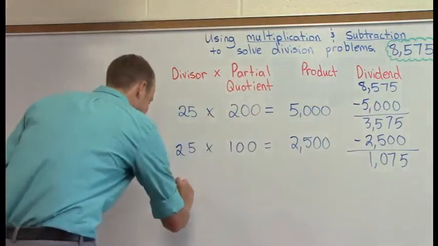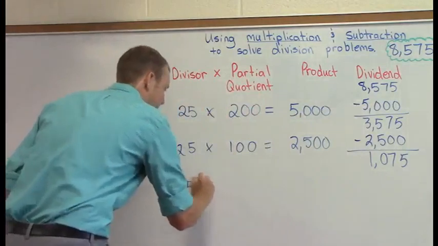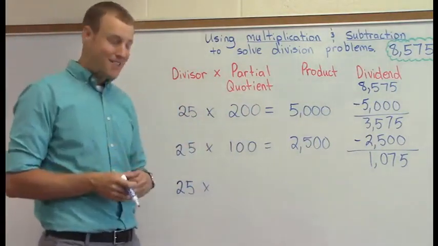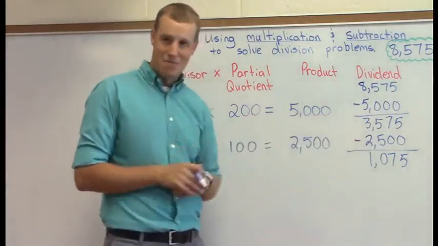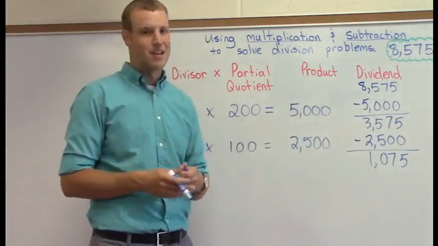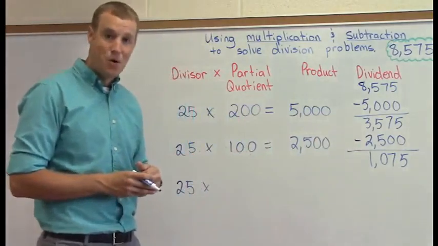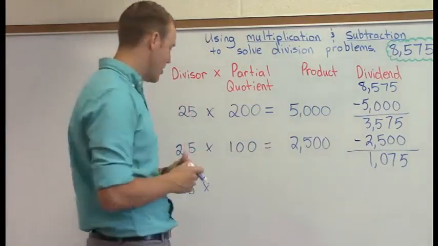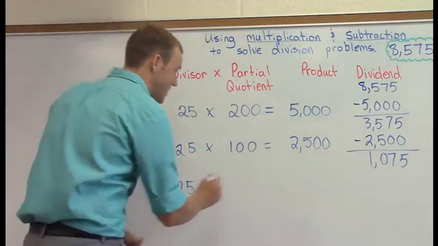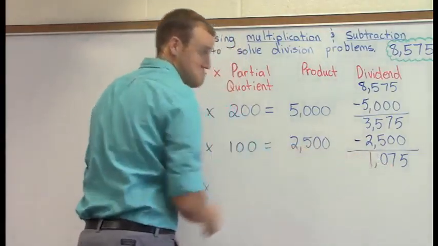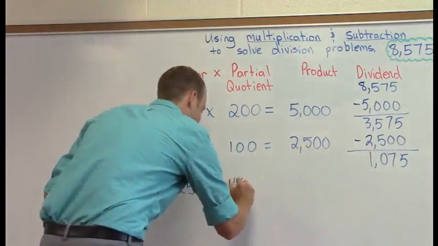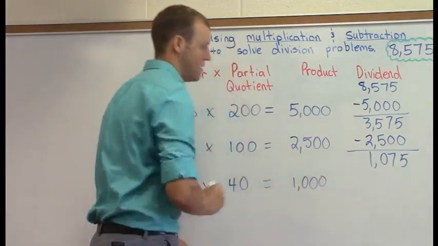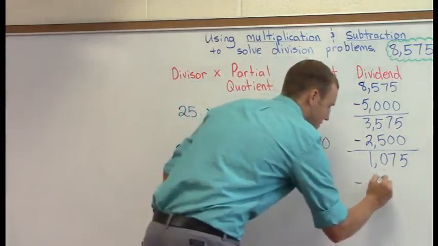So, yet again, I'm going to write my divisor. And this time, students may get a little hung up. And let's say they say 25 goes in 10 times. Well, you can certainly do that. It may take you a little longer to get your answer. But we're going to encourage students that that is okay. For the sake of time, I'm going to go ahead and say 25 goes into 1,000, say, 40 times. Which gives me 1,000. Minus 1,000